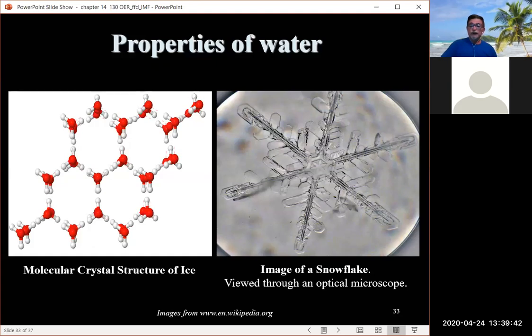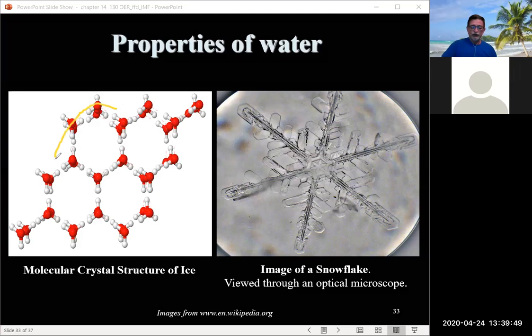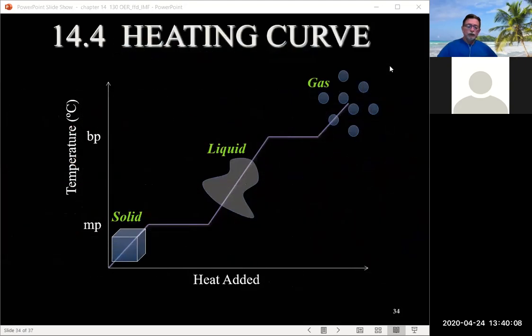Also, when it does freeze, it does give us this very interesting hexagonal shape, which tends to be kind of nature's shape, hexagonal. There's a lot of examples of a hexagonal shape of solids. Anyway, let me go here. All right, so we got to briefly talk about the heating curve because it's related to IMF